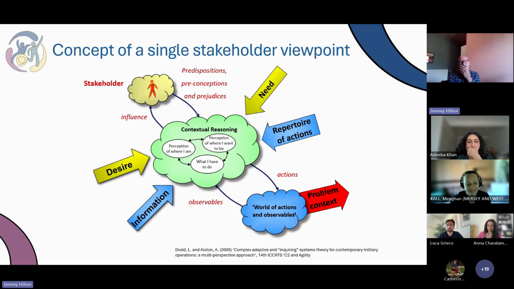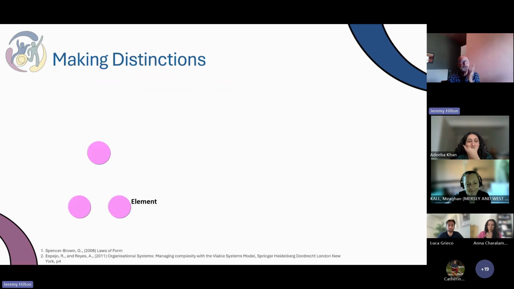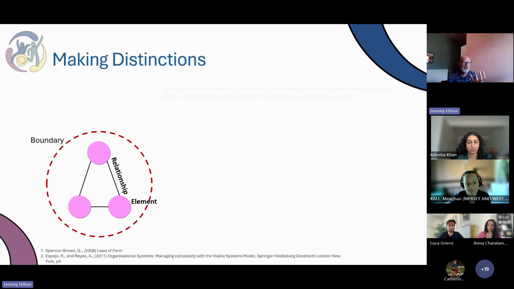So what we're looking at is the observables. It's going back to the distinctions that we make, and we're thinking of systems again. We take this nature of a system of people and elements standing in some form of relationship or arrangement. And when we are gaining this shared understanding through conversational dialogue, do we all agree with a set of elements and their relationship? And can we put a boundary around those?